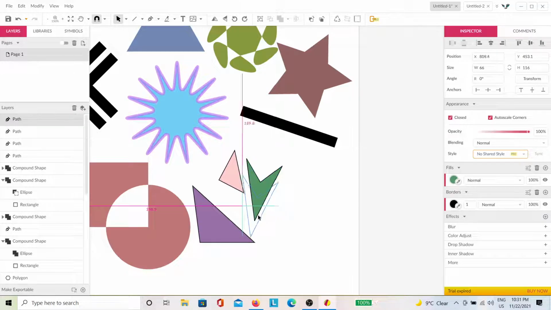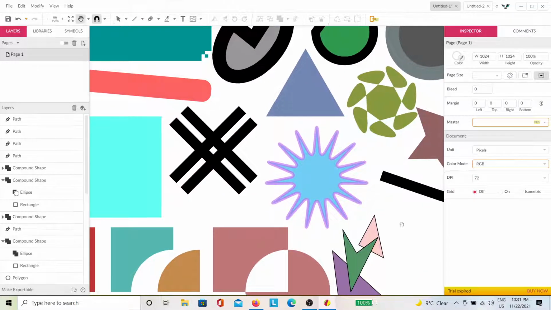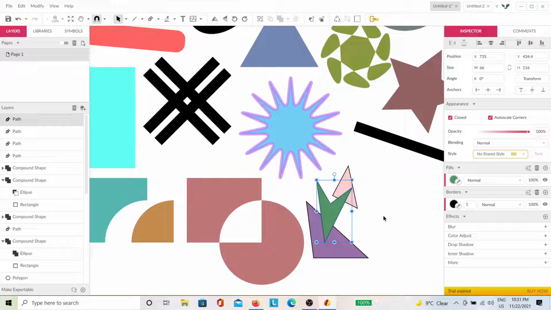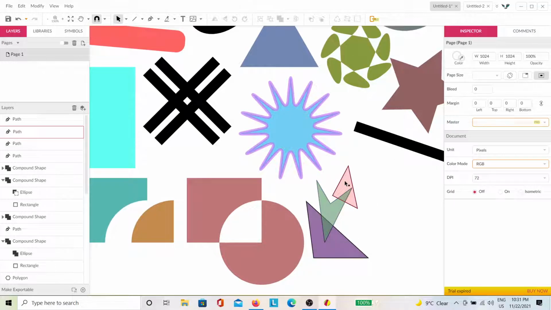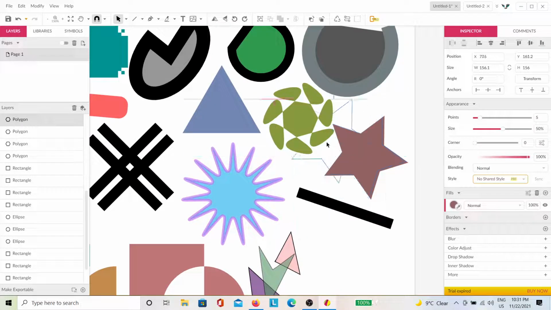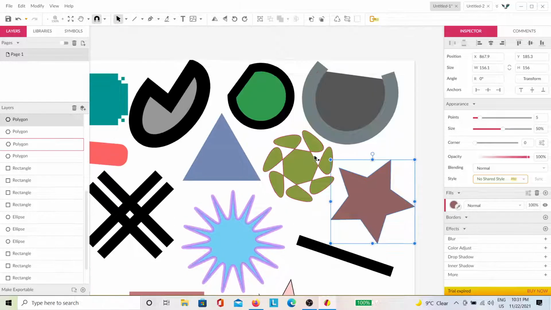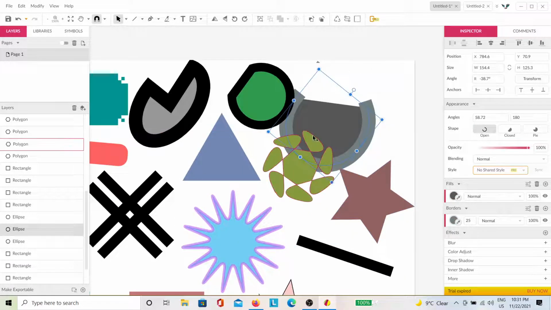Also, I haven't been doing this, but you can overlap shapes. Wait, I have overlapped shapes. And you could also turn down the transparency here. There's another way you can turn down transparency. If you go down here, let's do it with something else. If you do this,